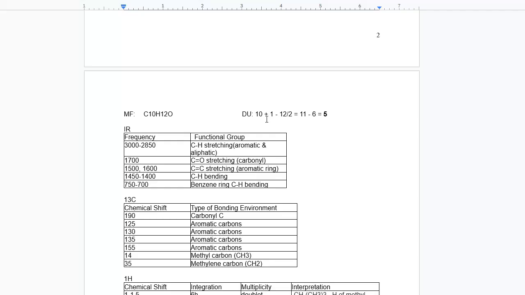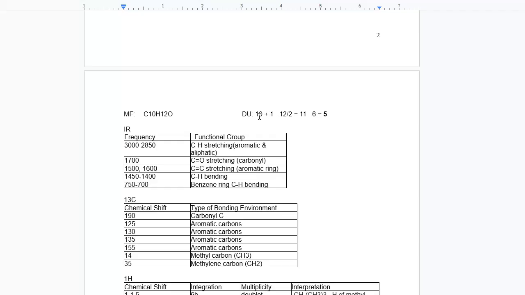Using this formula, it will be 2C plus 2 minus H, divided by 2. So to calculate that, we have 10 plus 1 minus 12 over 2, and then minus 6, so we got 5. That's 5 total degrees of unsaturation, and that's quite a decent number. It's suggesting that there's a combination of rings and double bonds, possibly including a benzene ring, which accounts for 4